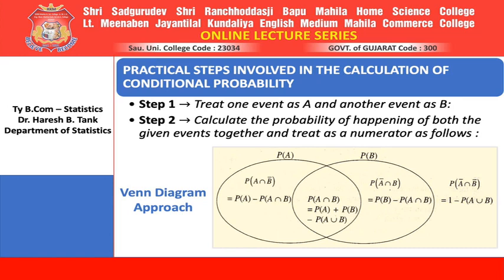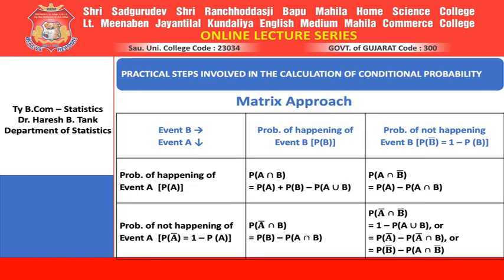And we have seen some of the tabulated part even. Put it in a matrix form, row wise it is event A, column wise it is event B. Row wise event A means it is probability of A, in the next row it would be probability of A complement, column wise it would be probability of B and probability of B complement. Naturally, in between of everything, it is nothing but intersection. So probability of A against probability of B, wherever that juncture makes a point, that point is probability of A intersection of B.